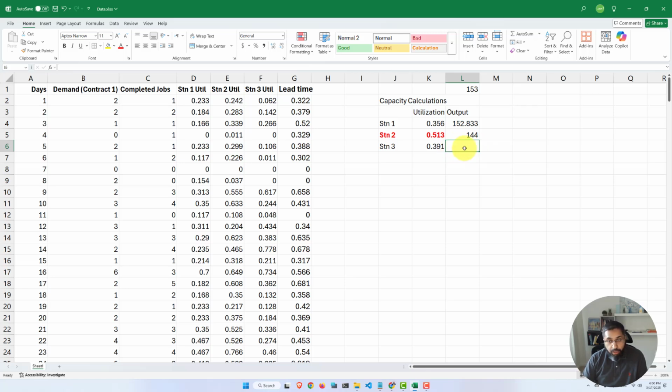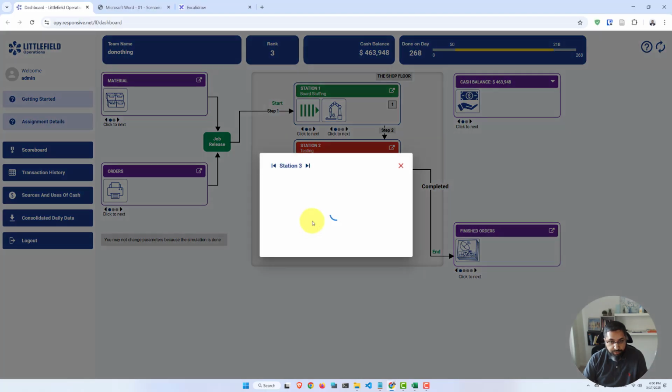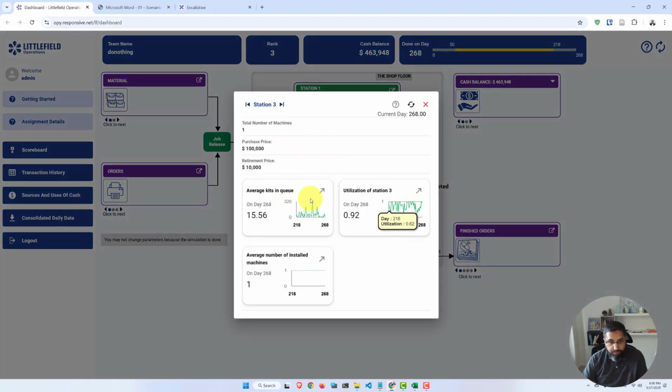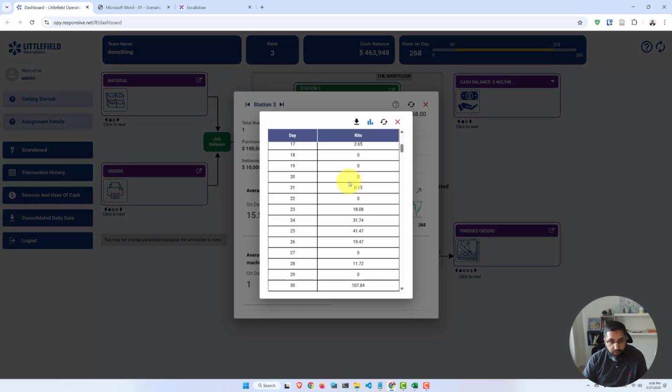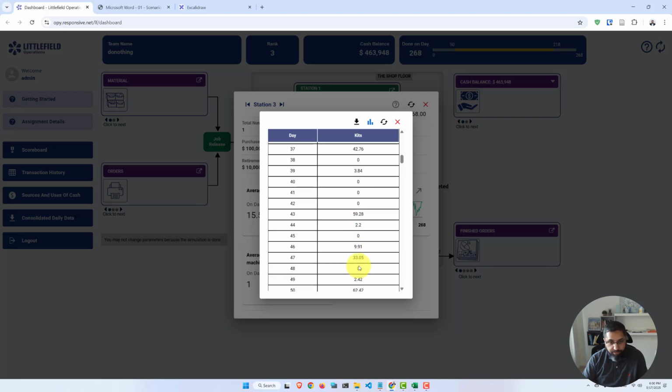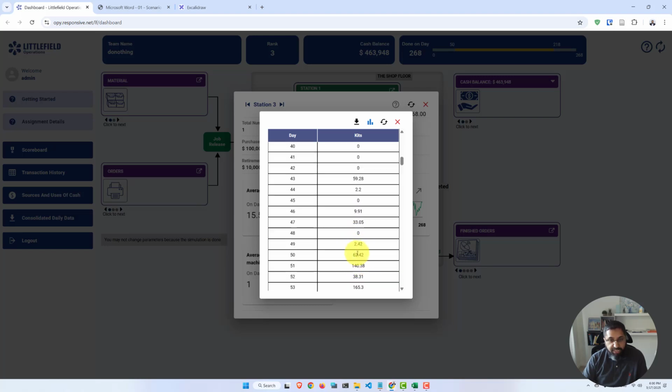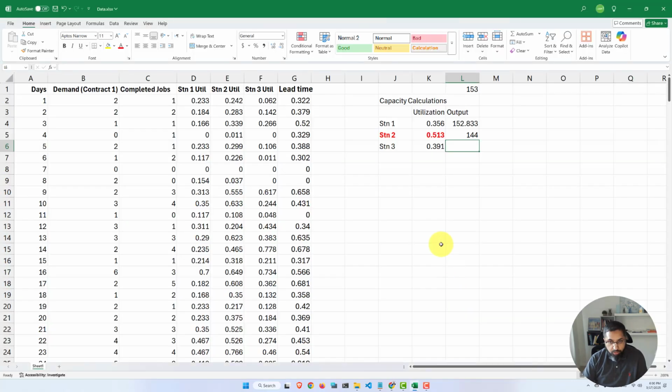Okay, let's look at the queue before station 3. Let's look at day 50. And we have 62 kits, which is about one job, divided by 61 point something. So about one job, 62.4. Okay, that's what's still in the queue. And so if we take 153,